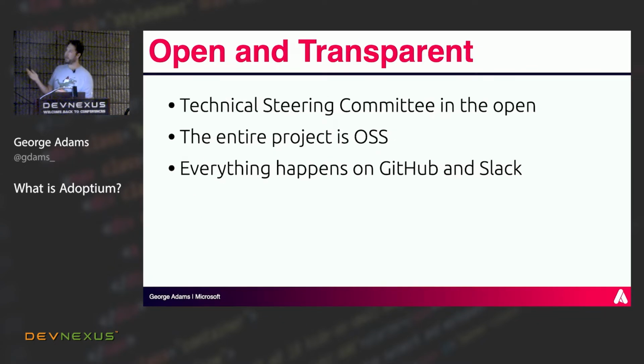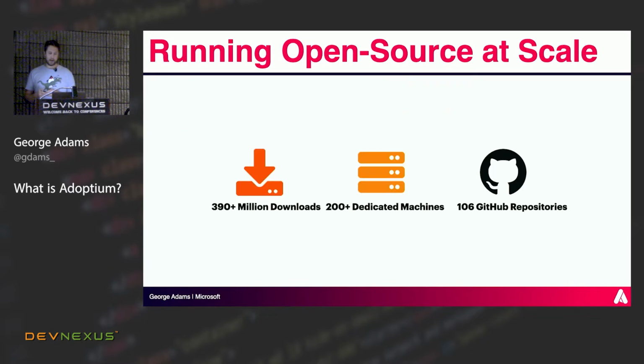So the other key point here was that we wanted an open and transparent community. One of the biggest problems we faced was that all the vendors had their source code locked away. Whilst the majority of them shipped it under GPL, you had to request the source code, you couldn't easily raise bugs. There were lots of barriers to go through to actually just understand what changes were in that build. The entire project was open source, and everything we did was in GitHub and Slack, so it was completely visible. Anybody could see it.